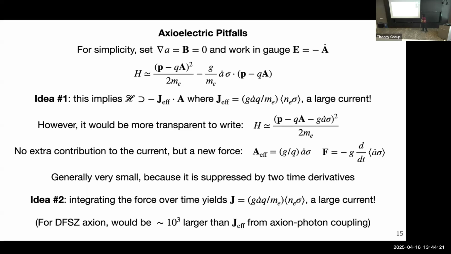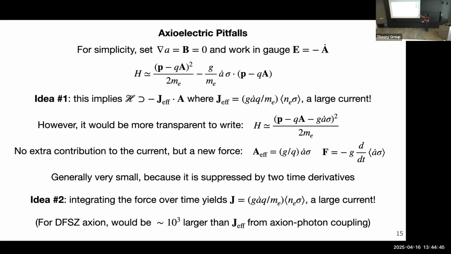And so when you write it this way, it's manifest that what we're doing with this term is we're not actually changing how an electron sources electromagnetic fields. What we're doing is adding a new force to the electron, because this thing is just added on to the vector potential of the electron fields. So it's like we had an extra contribution to the vector potential of g over q times A dot times sigma. And then that vector potential gives you an extra force, which is minus dA/dt times q.